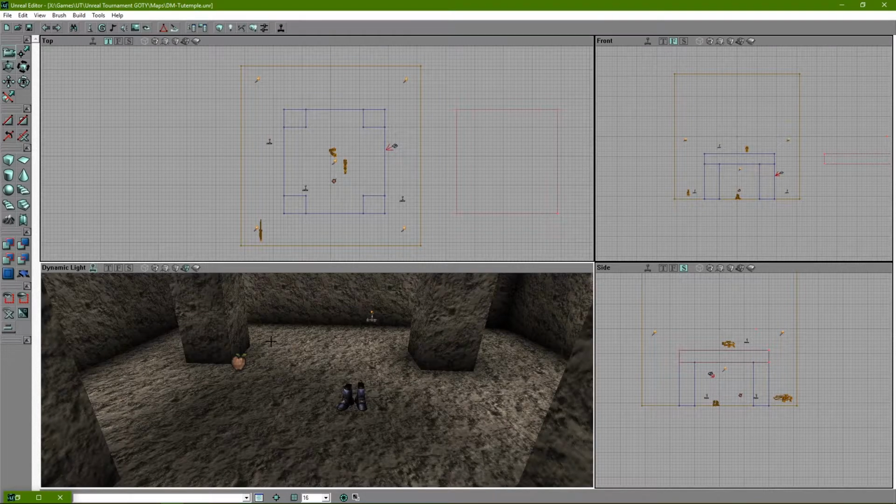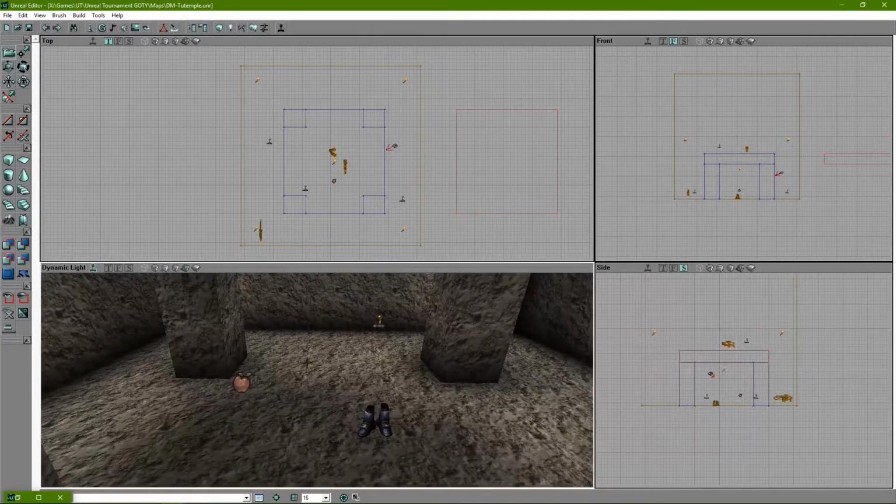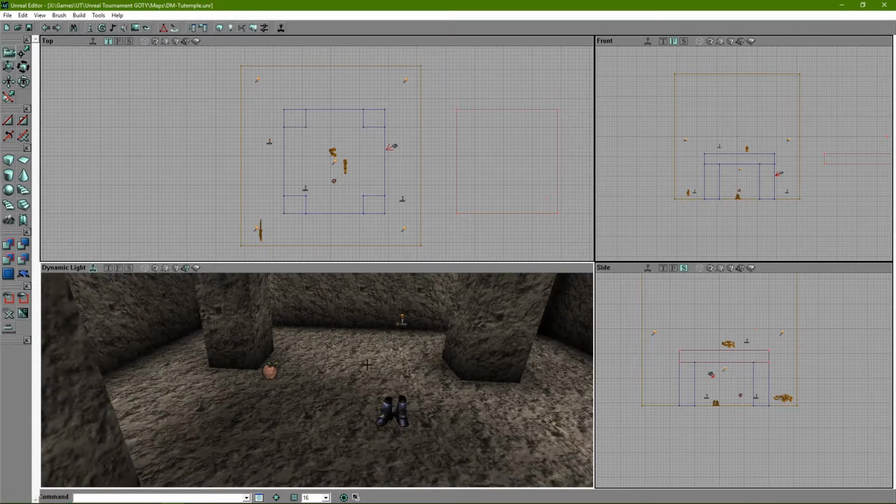Sadly, that's the only downside in this engine, that AI will only be able to jump from specific spots, but the engagement of the AI to the player is just so much better than any of the other games, especially the UT4 one, that it doesn't even matter. So to make the spots for where the AI is gonna go up and get the pulse gun, you're gonna